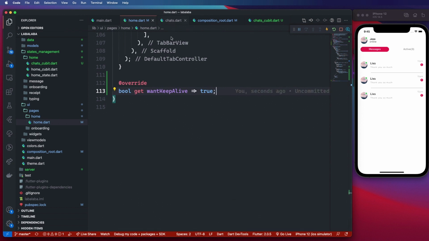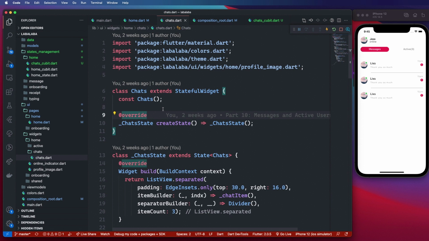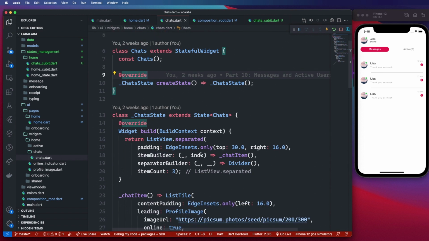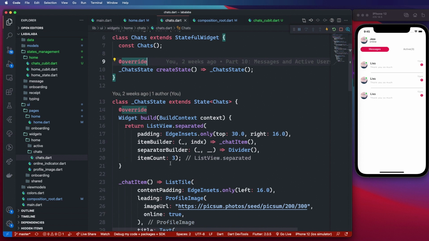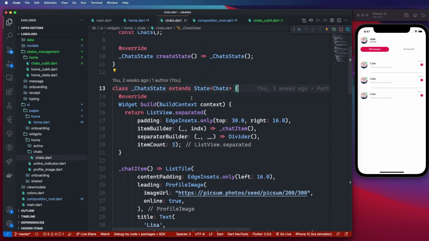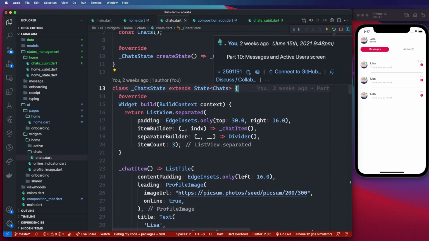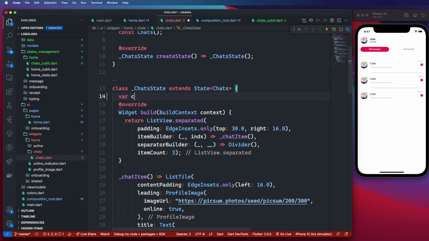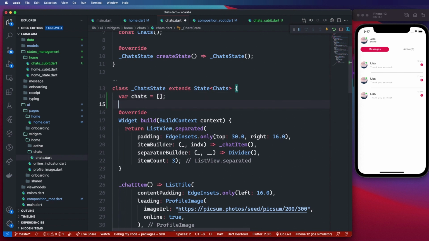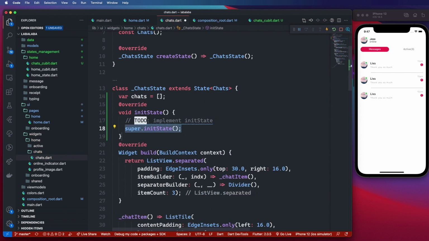So now to my chats widget, this is where we will build our chats based on what's in the database and what we are receiving from users or different senders. So here I'll create a variable chats, which is a list. This will hold the list of chats. Then I want to override my init state,